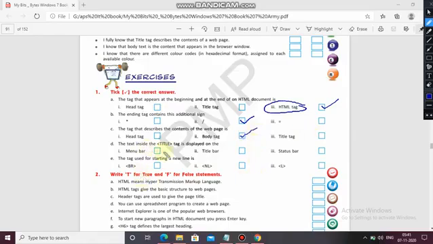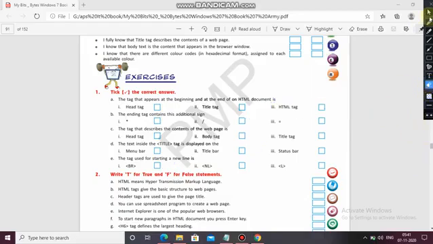The text inside the title tag is displayed on the title bar. The title will be displayed. The tag used for starting a new line: just now we have used the BR tag. Breaking the line or starting a new line, you will use the BR tag.